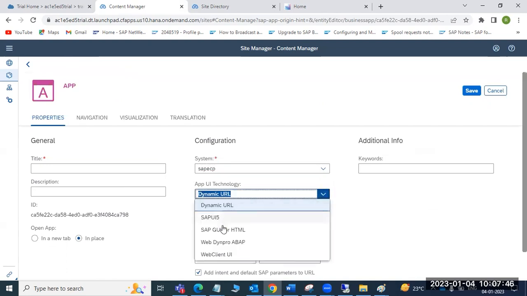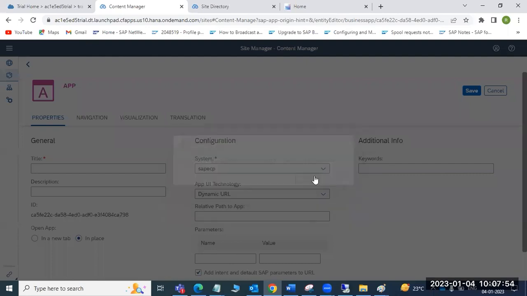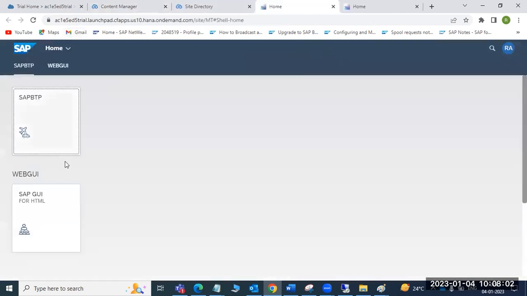Whatever app you are going to create, whether a GUI app, UI5 app, dynamic URL, or web app, you can use it. Then that app will be opened here. Go to the site, and the site will open like this. Once you create the app, you will get it here as a tile.